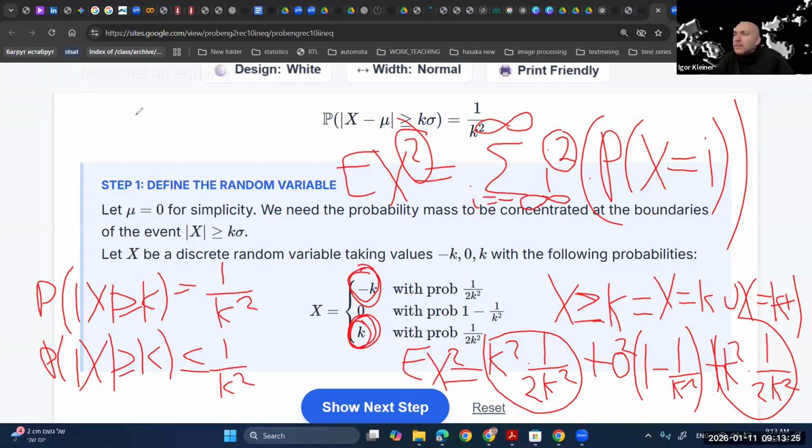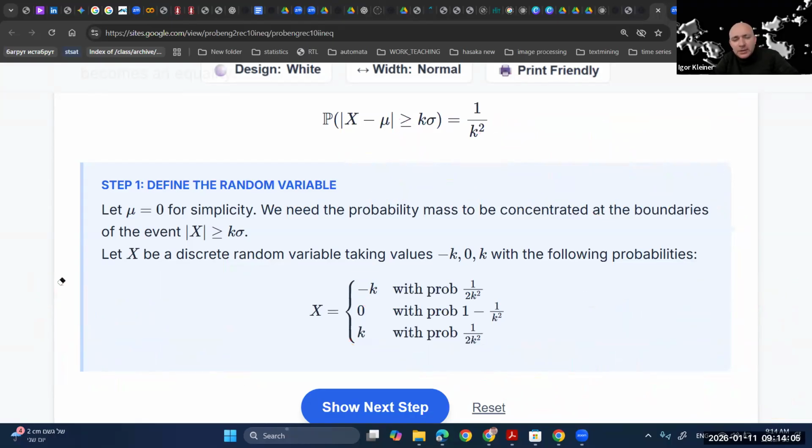So when we say the probability that X equals i, that's the probability that X equals k? In this case it's k, but in general it's i. It's minus k squared times this probability, plus 0 squared times this probability, plus k squared times this probability. That's all. But isn't that exactly the same as the expectation of x? No, it's the expectation of x squared. I'm just not really seeing where the square is. Okay, let me explain it here. Just a moment.